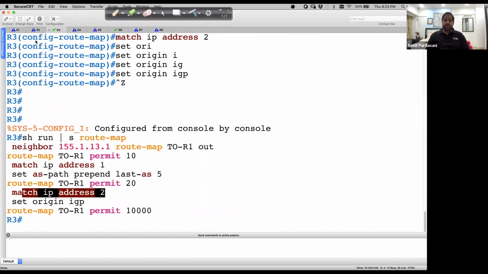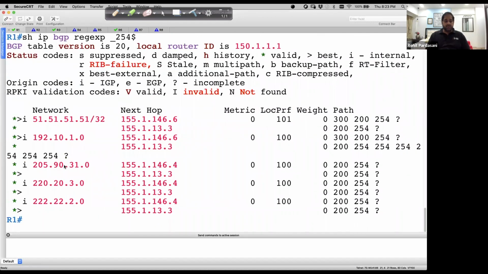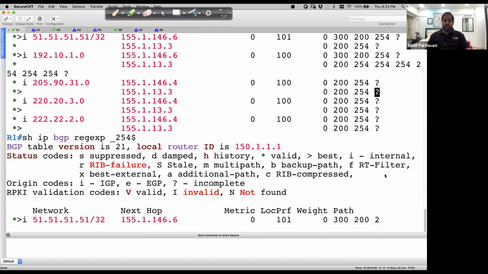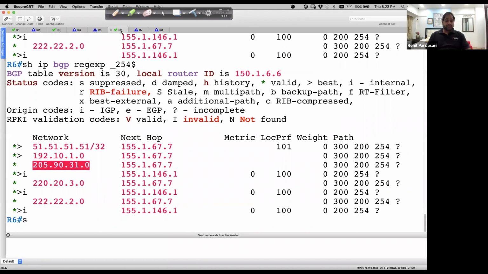The effect of this, if I look at R1 now, for 205, he should get an I. This should change to I. So maybe we can do a clear, it just changed to I. So R1 is going to R3. R6 also sees I, so he goes to R1. And if I look at R4,